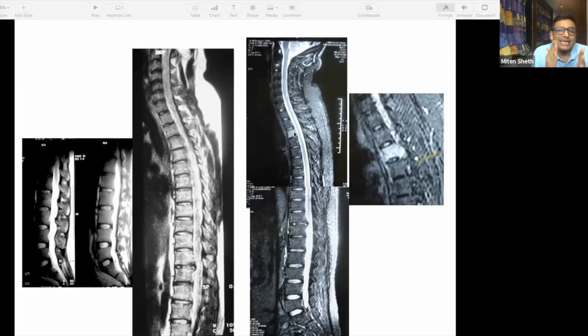And in that same STIR image, when you see the parasagittal cut, you will see that the foramen is getting blocked by some white thing. So here you start thinking that there is some pus or some tumor or something which is causing irritation here, and that is responsible for the radicular pain. So this is where the STIR image is going to help you. STIR image basically shines out the infected and the tumorous area.